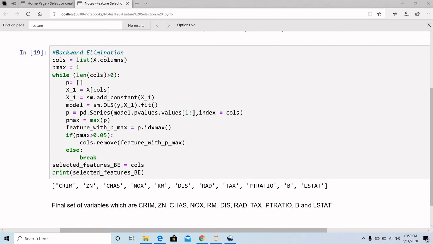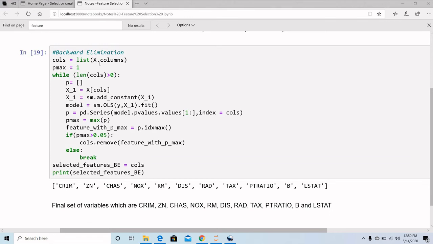Now this is the code for backward elimination. Let's try to understand what's happening here and how we are able to get the best features from the backward elimination method. What we do here is eliminate the features having a p-value greater than 0.05 and accept the ones which are less than 0.05.